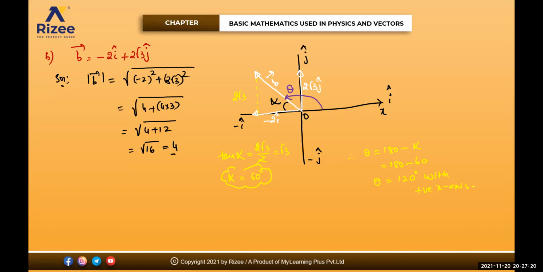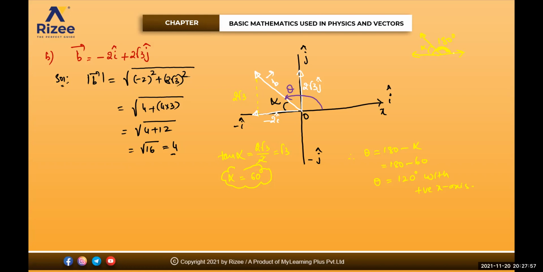Is that clear? This is a very important bit. Yes, beta. See, I need this angle theta. I told you in vectors, angle is always from the positive x-axis. And if you see this blue color, you'll see that theta is greater than 90, isn't it? If this is 1 and this is 1, the total angle will be 180 degrees. But here it is already making an angle alpha. So if I make this 180 minus alpha, that will be the angle, isn't it?